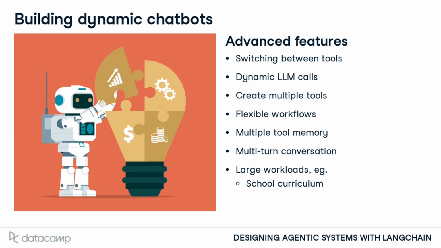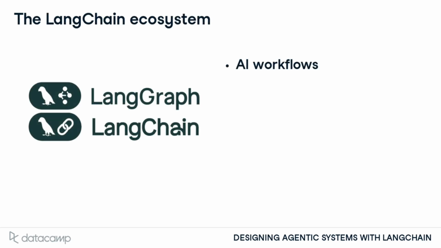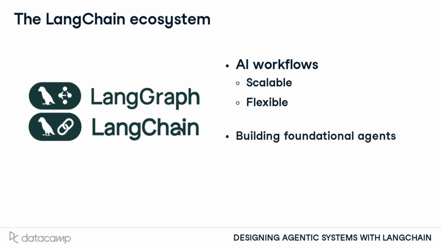Throughout this course, you've seen how LangGraph plays a vital role in the LangChain ecosystem, enabling you to create scalable and flexible AI workflows. You've mastered building foundational agents, integrating tools, and adding advanced memory capabilities to create powerful AI